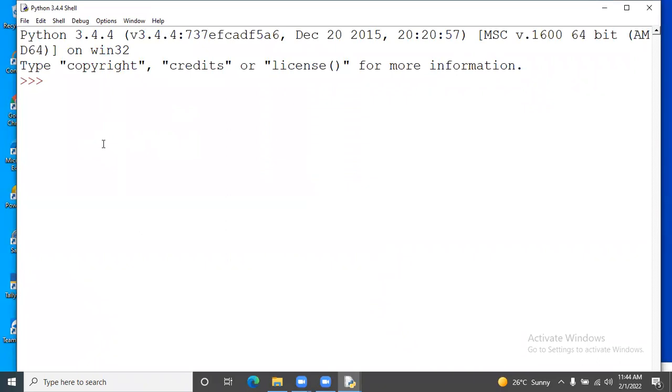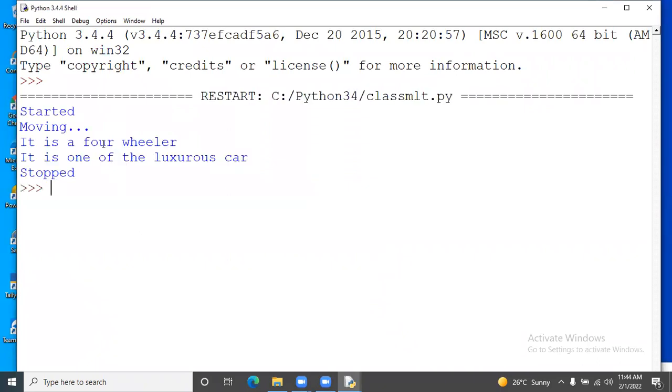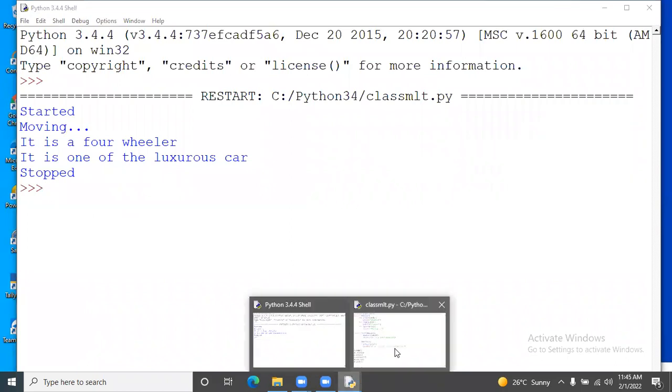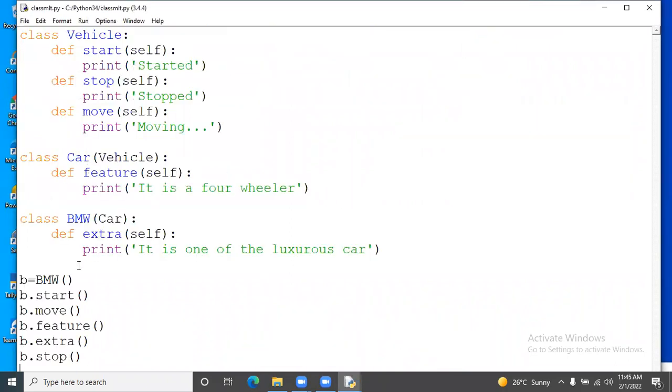So all these definitions it is showing for you. We have implemented it in this particular format. So this is which one? Multi-level inheritance. Okay, so clear. Now